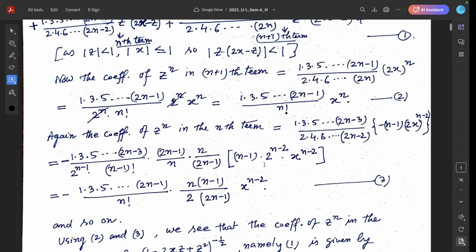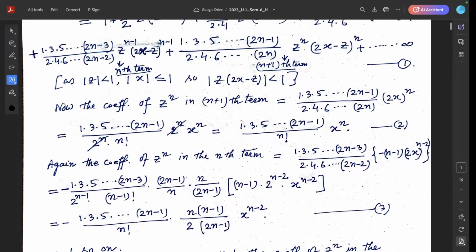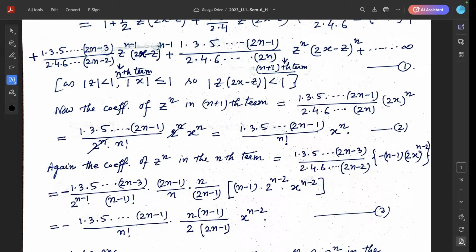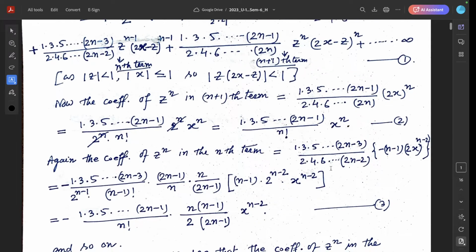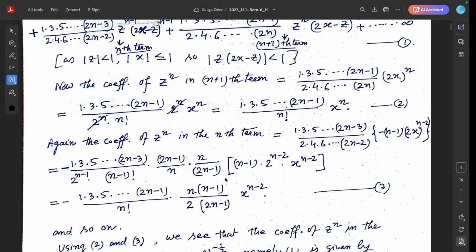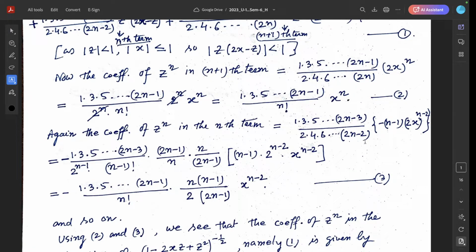So we get this term: minus (n minus 1) times (2x) to the power n minus 2, and this 1·3·5 into (2n minus 3) divided by 2·4·6 into (2n minus 2). And after simplification, we get minus 1·3·5 up to (2n minus 3), actually 2 to the power n minus 1, because this 2 into 1, 2 into 2, 2 into 3, so 2 is common, and this is the (n minus 1) factorial